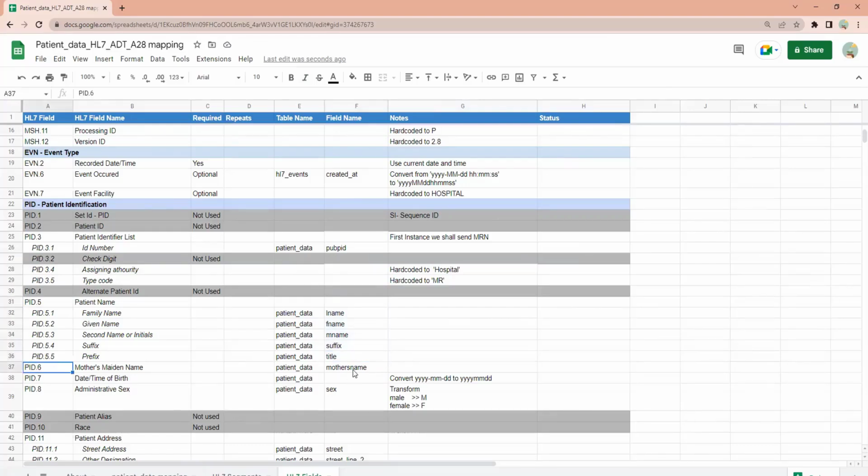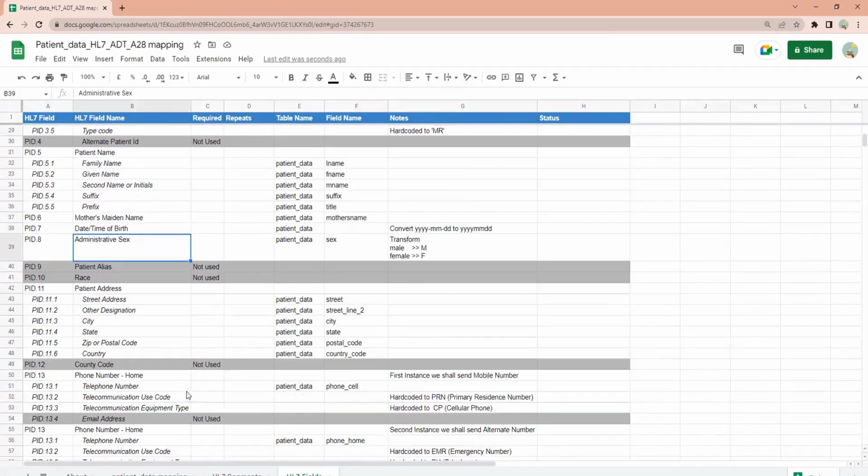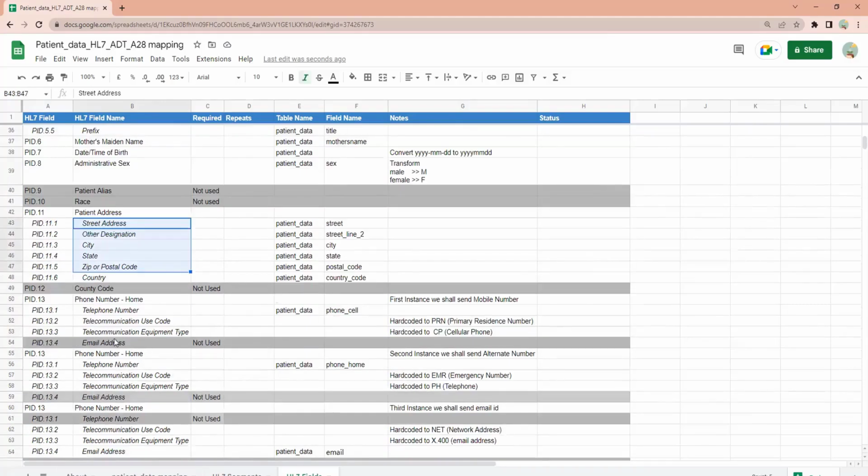In PID 6, we are going to send the mother's name. In PID 7, we are going to have the date of birth, then administrative sex, or gender, and over here we will have to transform. And then we have the patient address. All the various components of the patient address we are going to send.